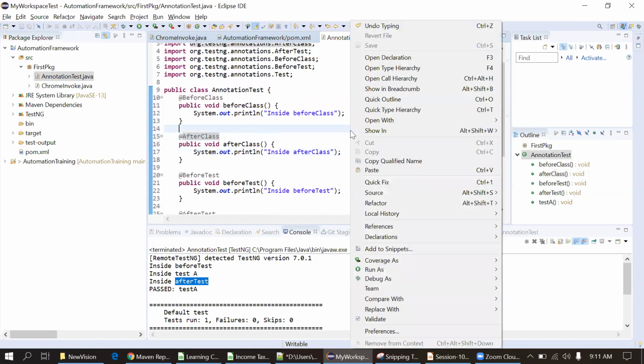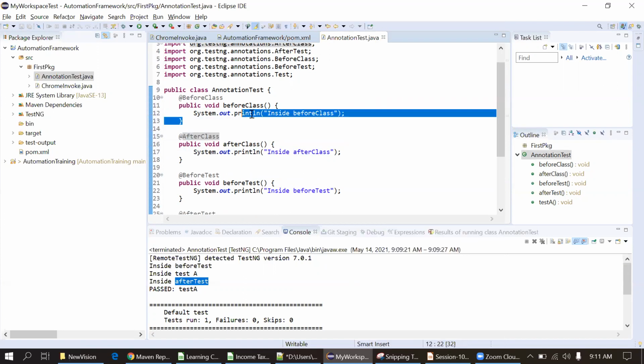Now I will execute this. Just print something here to make it more readable.